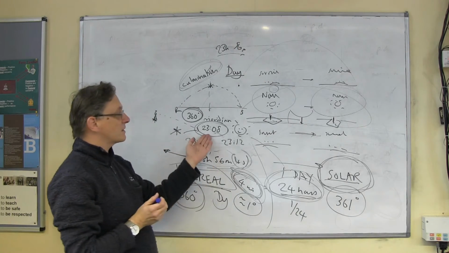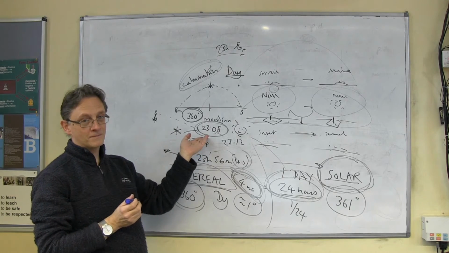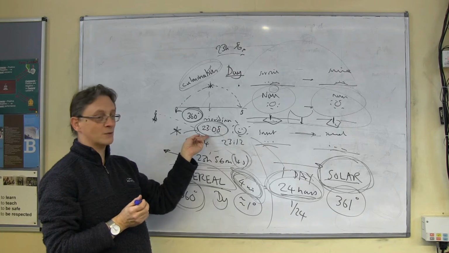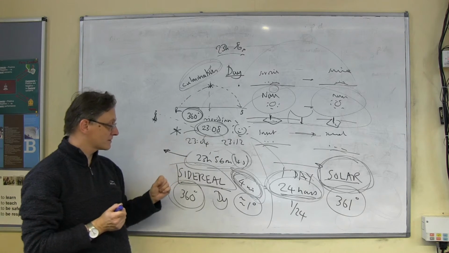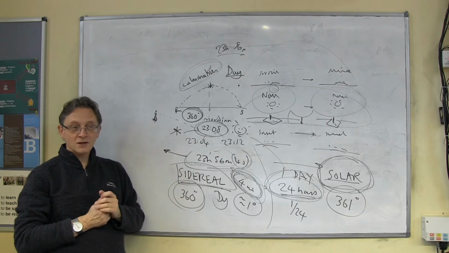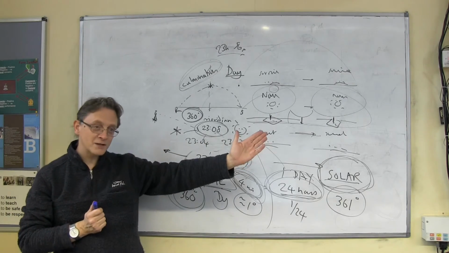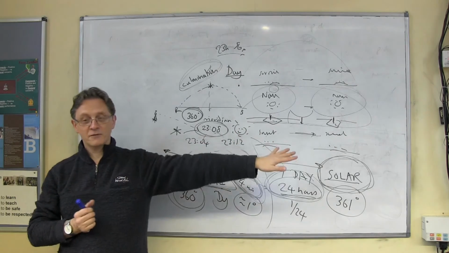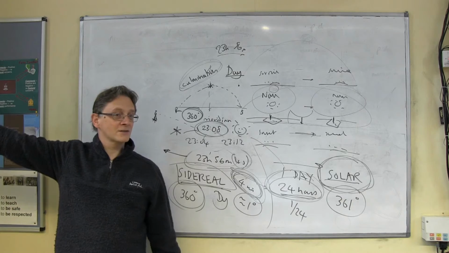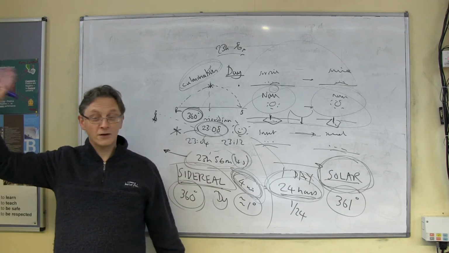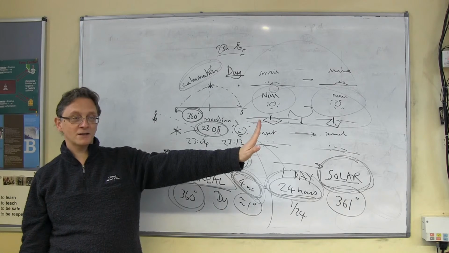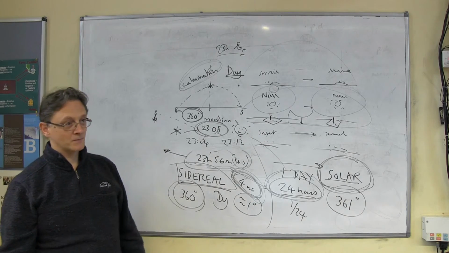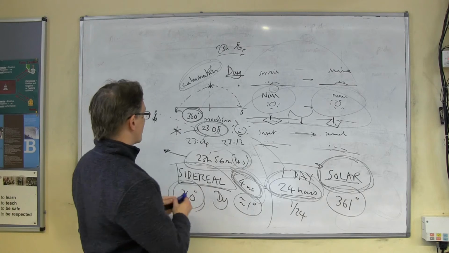So, do you need to go to 2308 again? How long is it between 2308 and 2308? 24 hours. You don't need 24 hours. Not for stars, because the Earth moving around its orbit 1 degree has no effect on the position of the stars. Even the closest star at 4.5 light years is massively too far away. For the 1 degree movement of the Earth every day has no effect. All right? So the correct answer is that one.